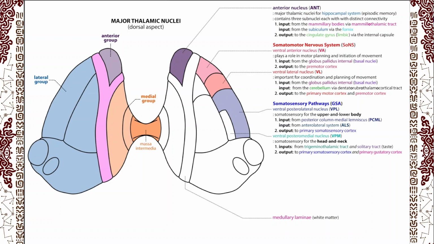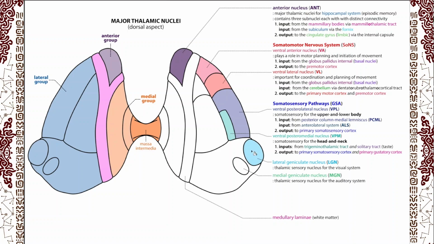The ventral posteromedial nucleus, the VPM, processes somatosensory information from the head and neck and does so via the trigeminal system. We'll revisit the trigeminal system when we discuss cranial nerve number 5, the trigeminal nerve. Well, that just leaves two subthalamic nuclei, the lateral geniculate nucleus of the thalamus, the LGN, which receives visual information directly from the retina via the optic nerve, cranial nerve number 2, and the medial geniculate nucleus of the thalamus,